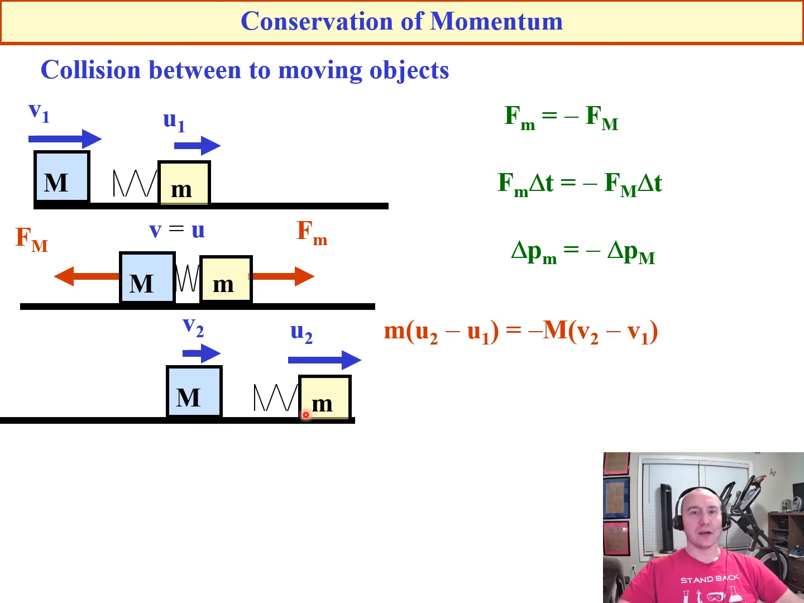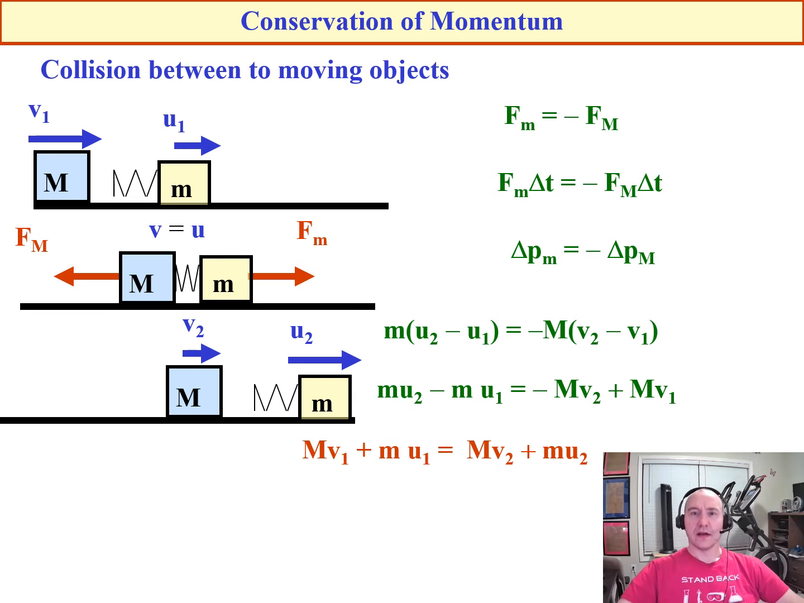All right, so that means that the change of momentum of the small mass is going to be m u2, the final, minus u1, the initial. And then that's going to be equal to negative large mass, v2, which is final, minus v1, which is initial. Okay, and then it looks like they distribute here, and then a little bit of rearranging, and you can see that